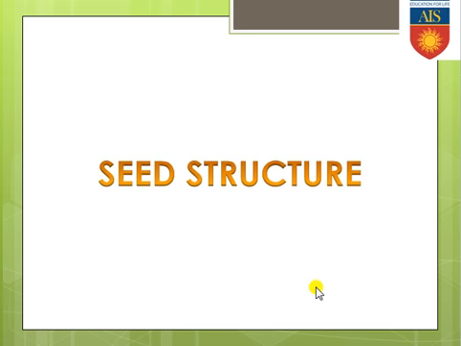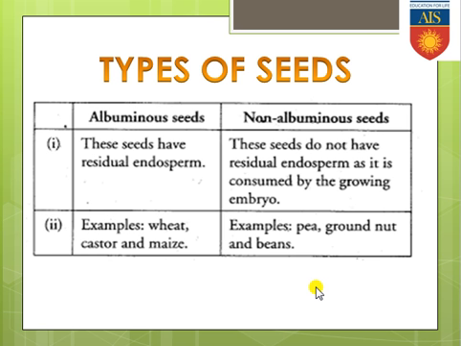Going for the seed structure, after embryo structure there is a portion. First of all, we have to know about the types of seeds. We all know there are two types of seeds: monocot seed and dicot seed, because monocot seeds will be present in monocot plants and dicot seeds will be present in dicot plants. Here one more thing I want to say, that monocot seeds are commonly known as albuminous seeds or endospermic seeds, and dicot seeds are commonly known as non-albuminous or exalbuminous seeds.